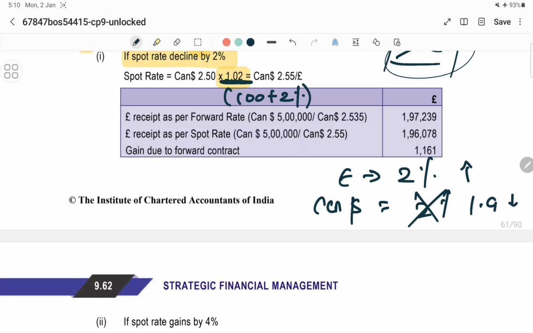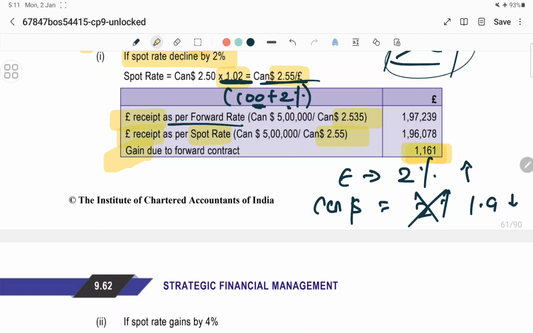That is, if the pound is at a discount of 2%, then the Canadian dollar is at a premium of 2%, hence they've added this, right? And then you get Canadian dollar 2.55 per pound. With the help of that, they've done, see, pound receipt as per the forward contract, the forward contract rate is 2.535, and that is the IRP, the rate that we've calculated, theoretical rate, okay? And this is the spot after 6 months, 2.55, we just calculated here, see, 2.5 into 100 plus 2%, and hence you get a gain which is